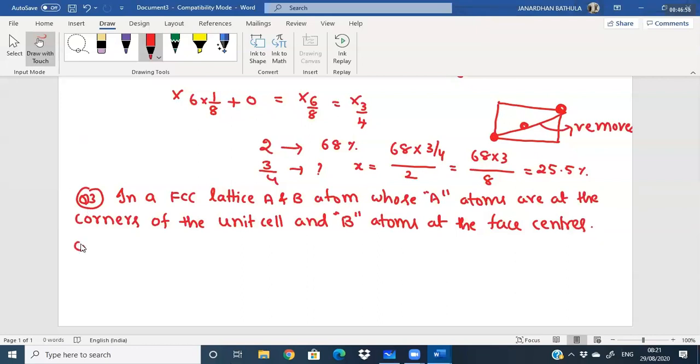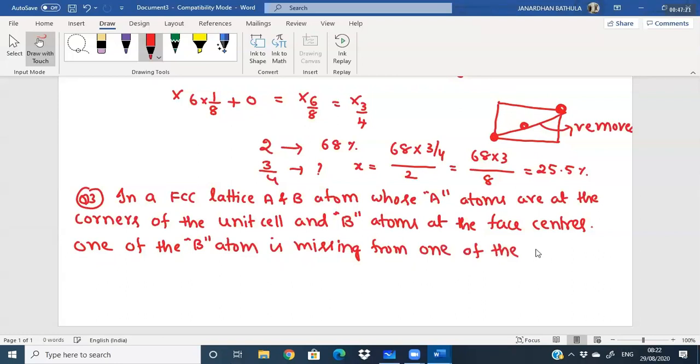One of the B atoms is missing from one of the faces in the unit cell. The simplest formula of the compound is